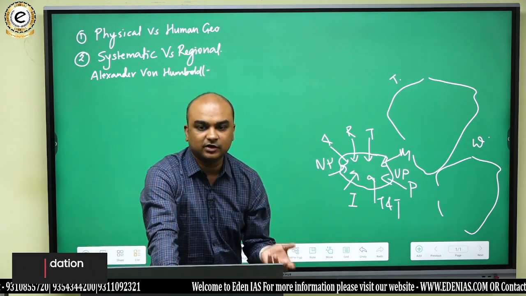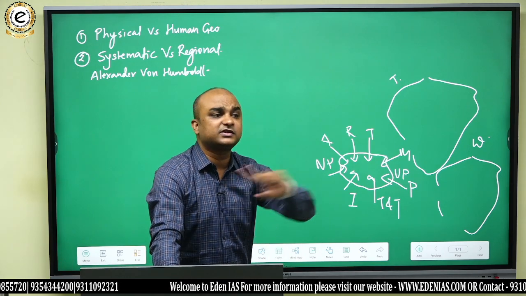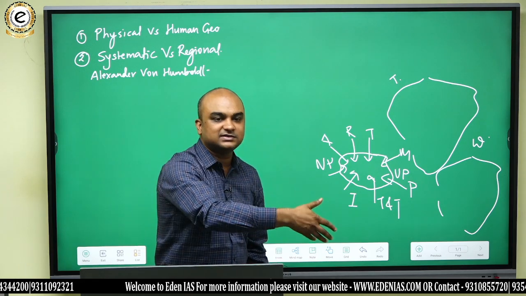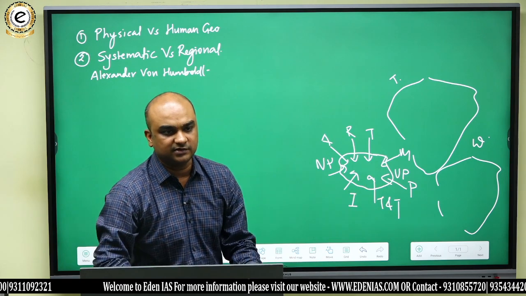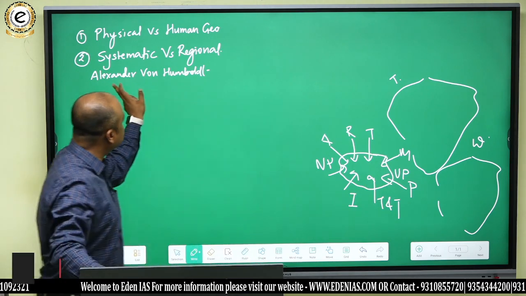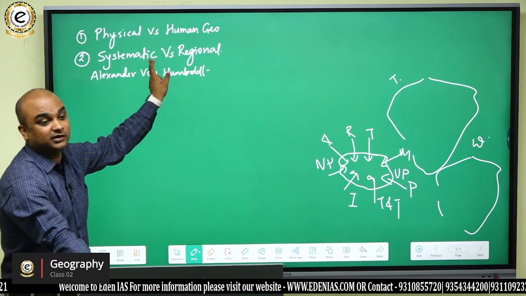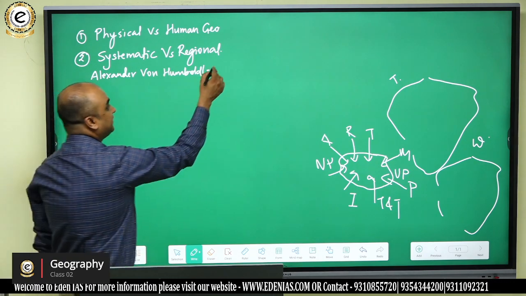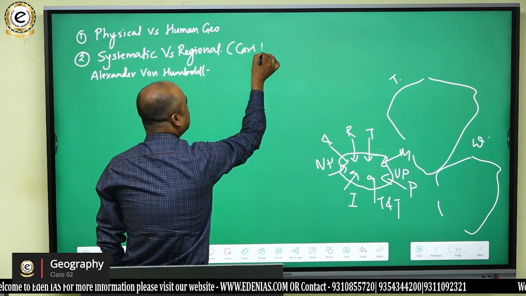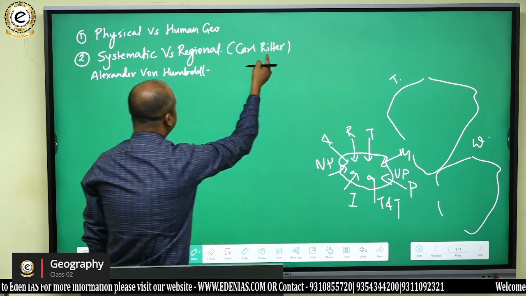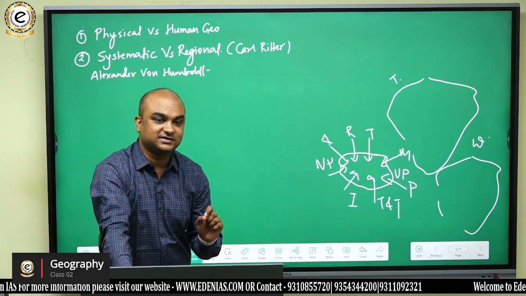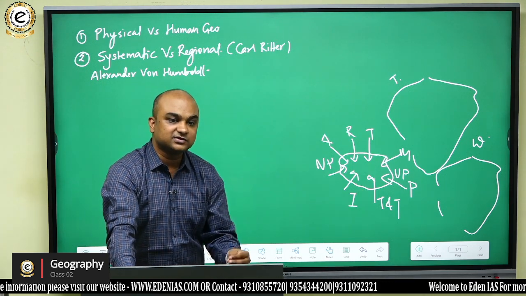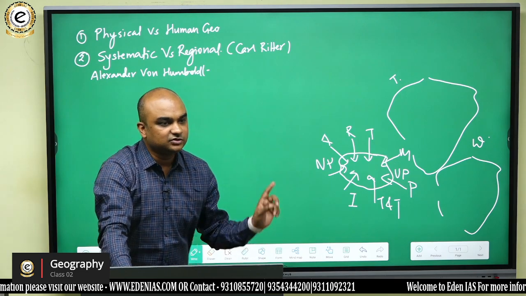Do you understand that? Regional geography becomes important for what? Planning purposes. Because we plan for particular regions and not for the entire country in one go. Like the plans you will make for West Bengal, will you make similar plans for Rajasthan? No, the temperature and climate is completely different. Do you understand that? So this is the second dichotomous thought in geography. Systematic versus regional geography. Regional geography के जो father हैं, he is Karl Ritter. And in fact, Ritter and Humboldt, they are contemporaries, both German geographers, and combinedly they are known as the fathers of modern geography. Do you get that? तो ये बात आपको समझ में आ गई?